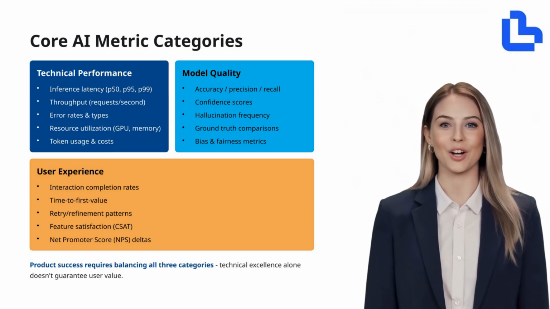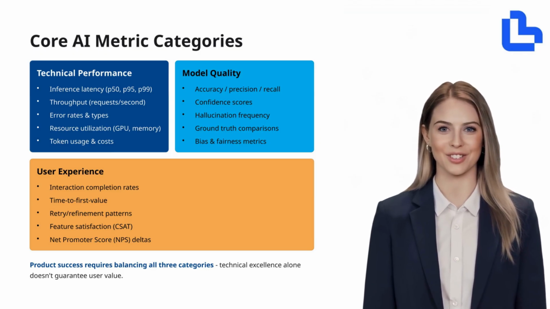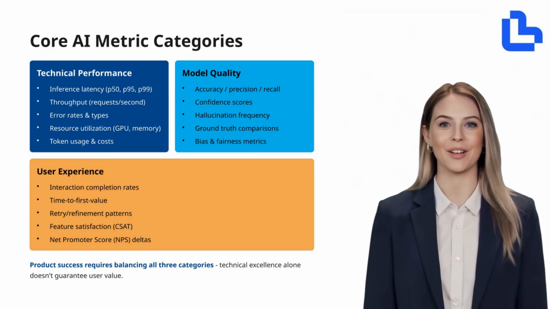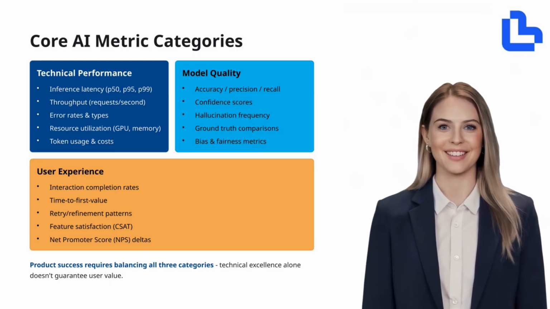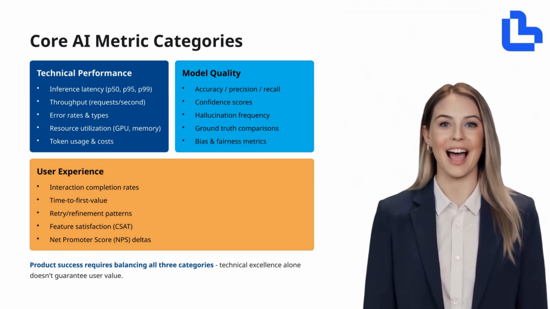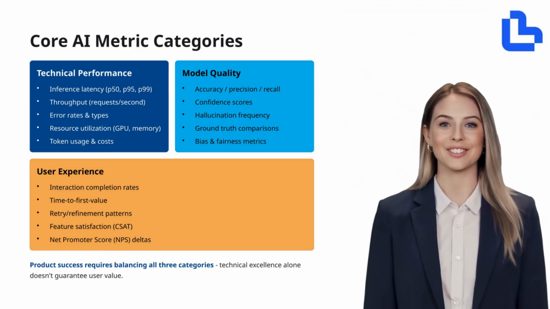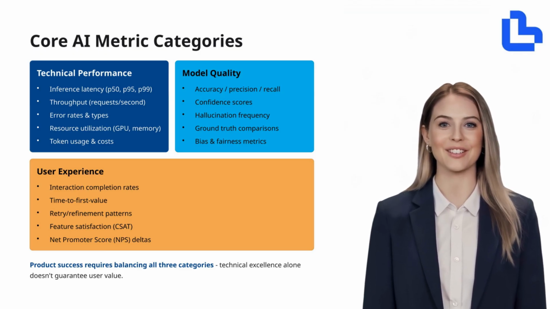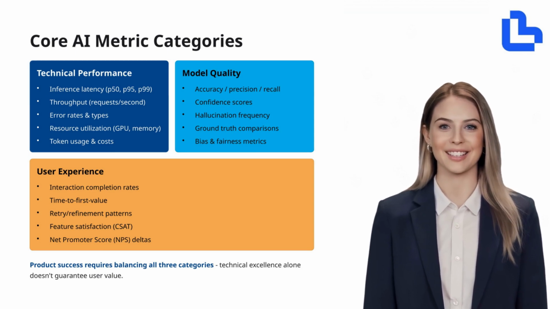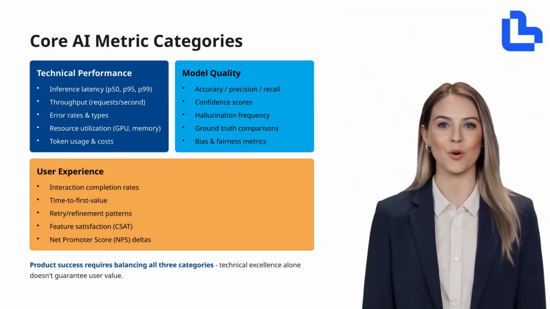You'll also want to track token usage and associated costs, especially if you're working with large language models. Next is model quality. This is where you evaluate how well your AI is performing in terms of accuracy, precision, and recall. Confidence scores help you understand how certain the model is about its outputs. You should also monitor hallucination frequency, compare outputs to ground truth data, and assess bias and fairness to ensure ethical